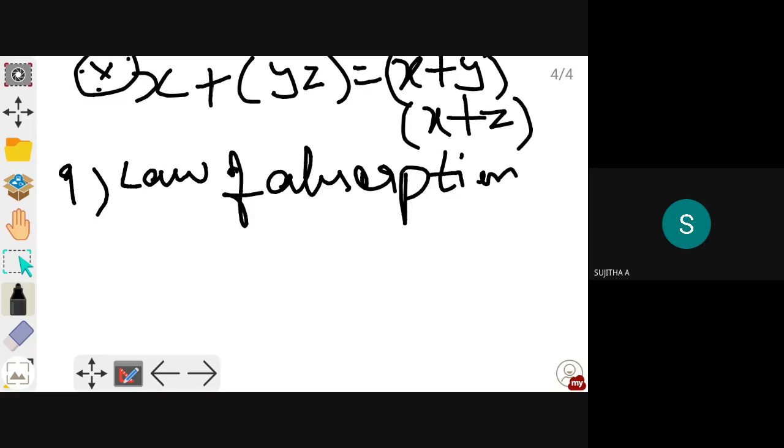Absorption. So your next law is the law of absorption. That is x plus xy is equal to x. If you have an x in both terms, that is x plus xy, you can write this as x. How can you prove this? You take the LHS,